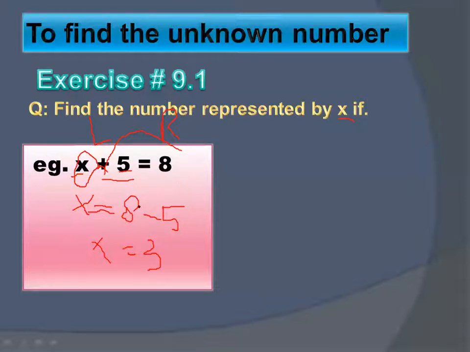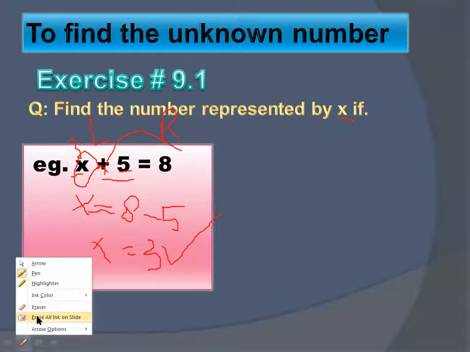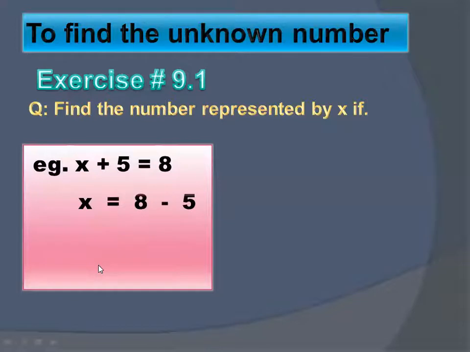So on the right side, x minus 5 will become 3. So if you replace this x with 3, 3 plus 5 is equal to 8. It means your answer is correct. Okay. Now I'm going to show it to you through slides. Here is the answer. Simply write x here, then write equal to, then write 8 minus 5. Plus 5 on the right side will become minus 5, and your answer will be x is equal to 3.